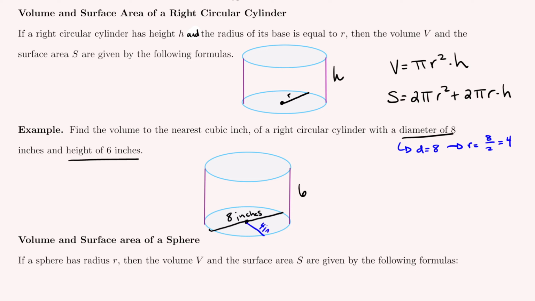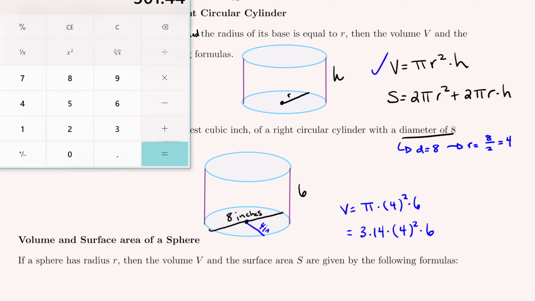Now we can use our volume formula. The volume is pi times the radius squared times h. Now keep in mind in our class that whenever we use pi, we use the rounded version of 3.14, so everybody has the same answers. So 4 squared is 16 times 6 for the height times 3.14. Let's type this into our calculator. And we get